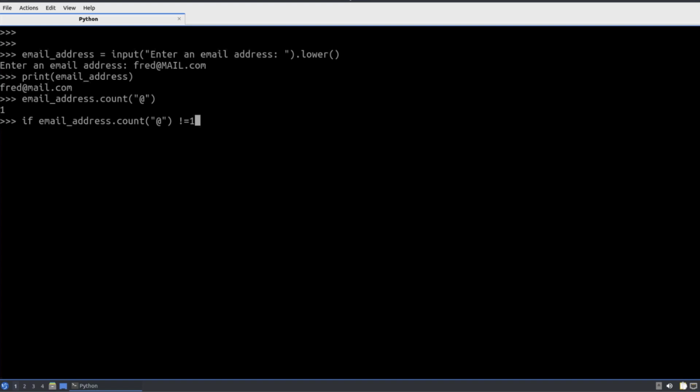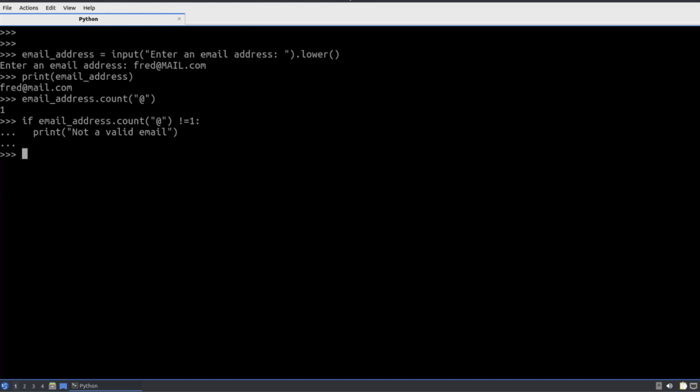So the exclamation mark in front of the equal means not equal to. I put a colon after that because we're now going to go into a block. Blocks inside of Python are indented, so everything that belongs to this if statement is going to be indented. Normally you indent 4 spaces, but for ease I'm just using 2 spaces here. So long as I'm consistent with my indentation, it's going to work. And then we can print out an error message, and I'm just going to say not a valid email. Then hit return again, and that gets me out of the block.